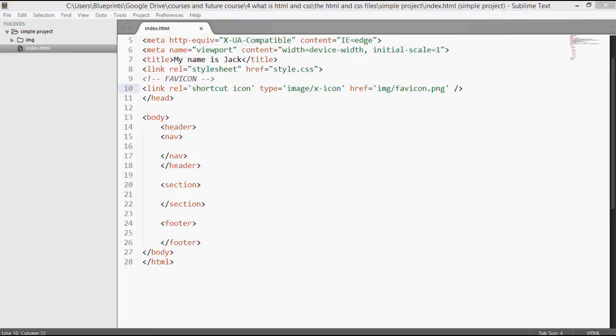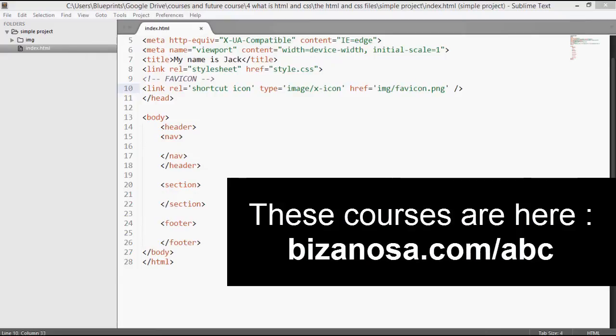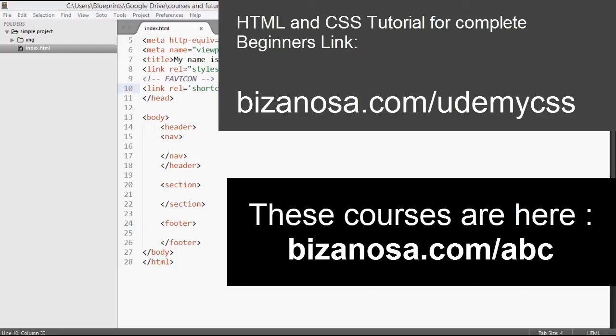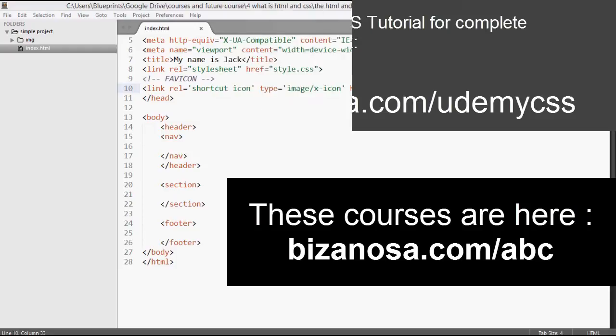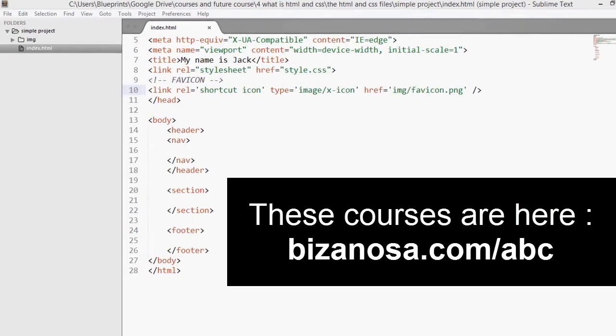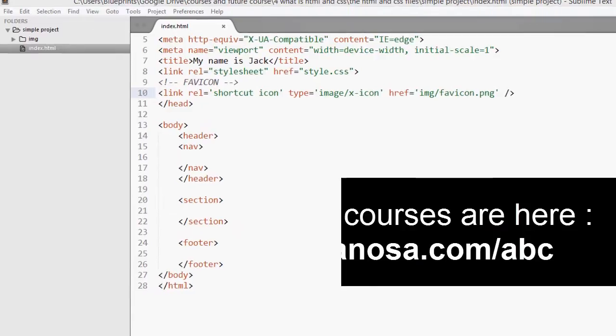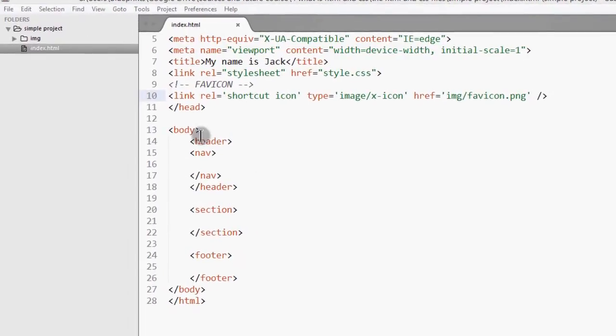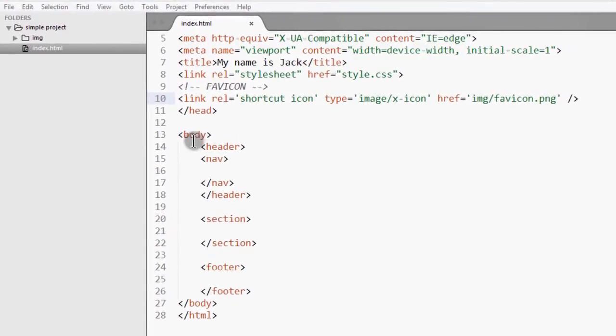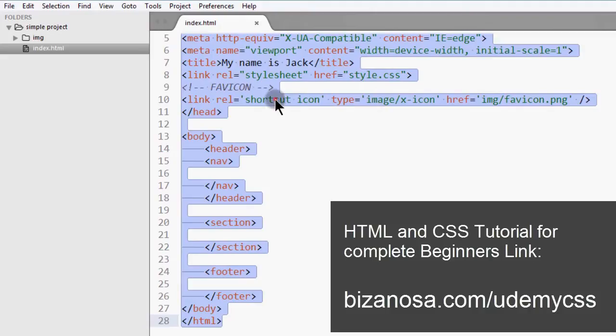Okay, so if you've been watching this HTML course, you've watched the entire thing, you'll realize that I didn't do much on CSS, and that is why I want to create a simple web page that will enable you to learn something about CSS. So if you look over here, you'll see that I have this code, and of course